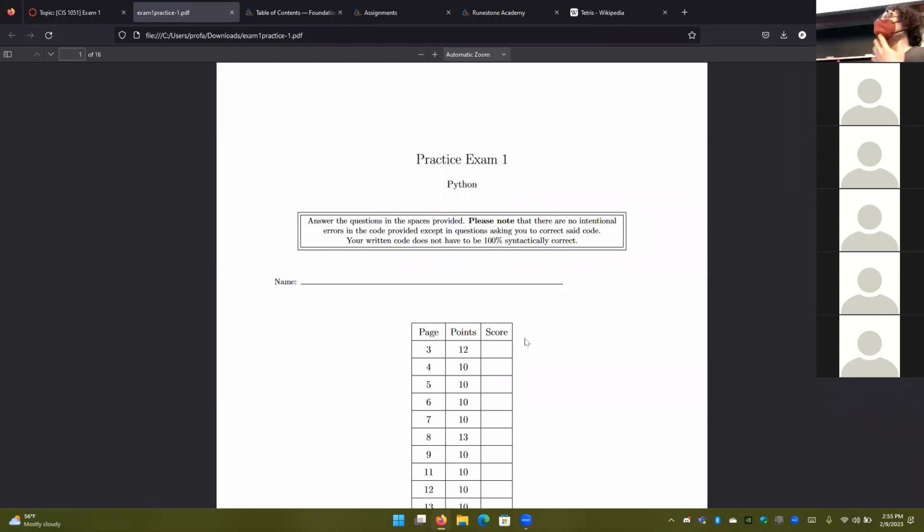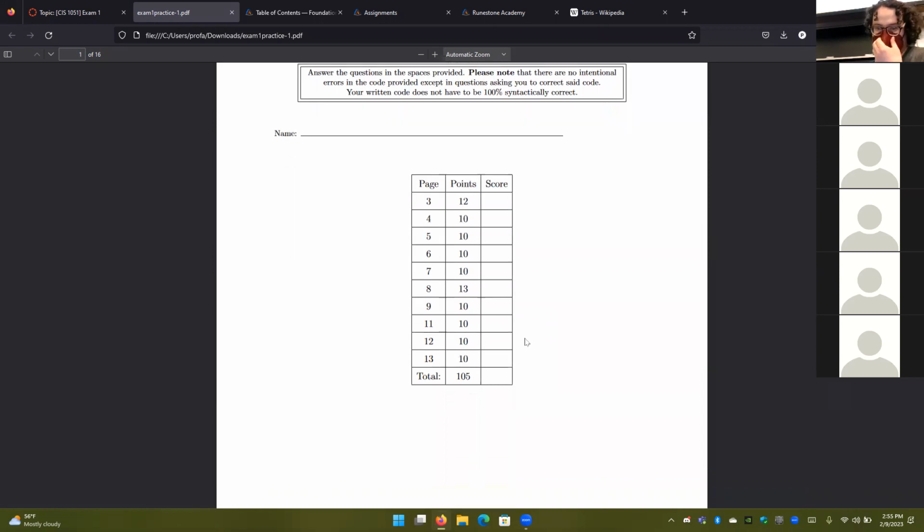I find for a lot of students going into their first programming exam, that as it gets closer to exam day, it gets more and more stressful. And I'm trying to do an accurate assessment here. It's very hard to accurately assess a student's skills if you're also extremely stressed. So I try to reduce that as much as I can.